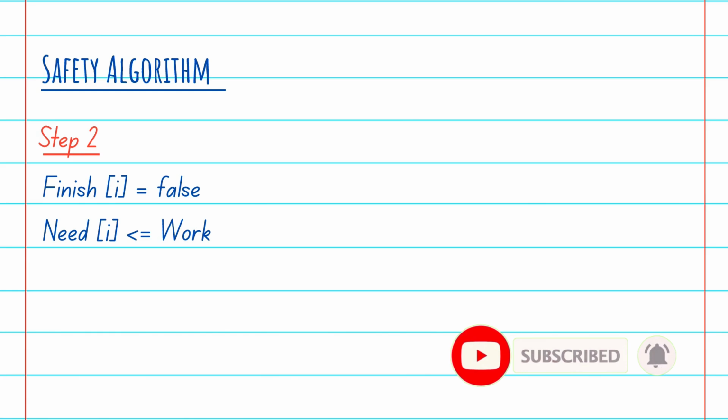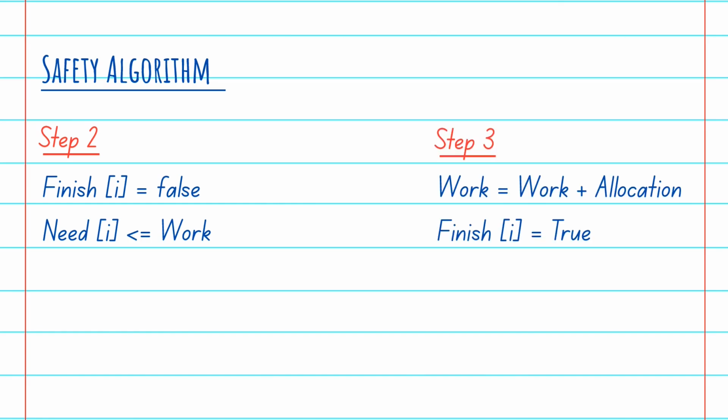such that finish[i] is equal to false and need is less than or equal to work, right? Here we have to remember the process need is less than the total number of available resources, and finish[i] means the process initially has not been allocated any resource. If no such process is available, then you can jump to step number 4, that is the exit of the algorithm,